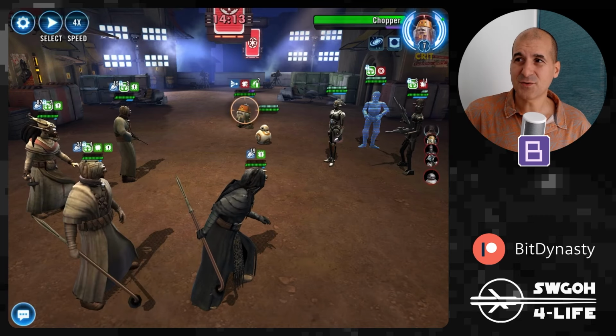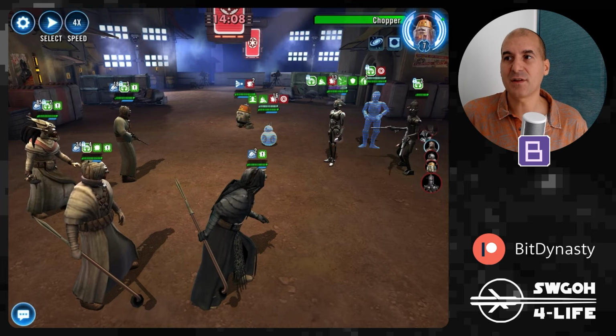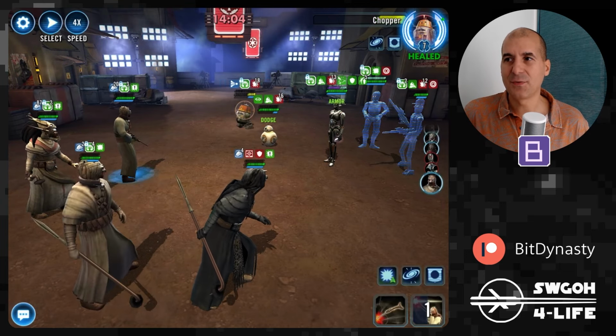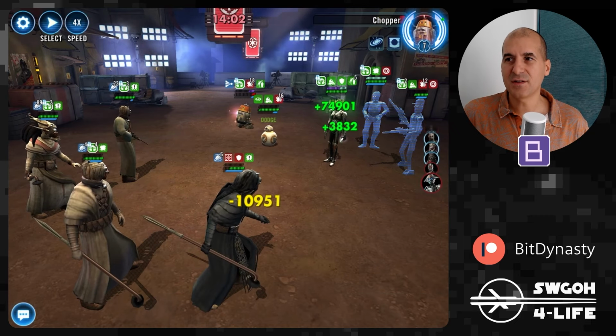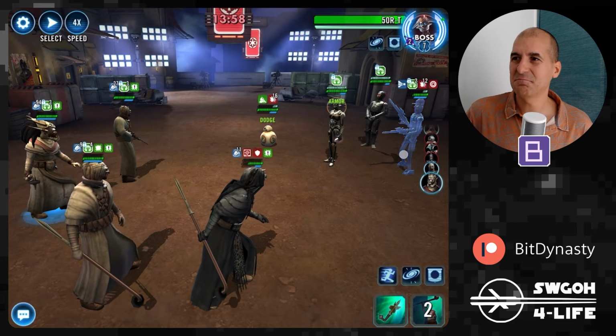But once it's revived, no more VIP on Chopper, which means you cannot actually dispel buffs on him if you want, and you can keep targeting him. He will not go back to stealth. As you can see, after the initial link opening sequence,